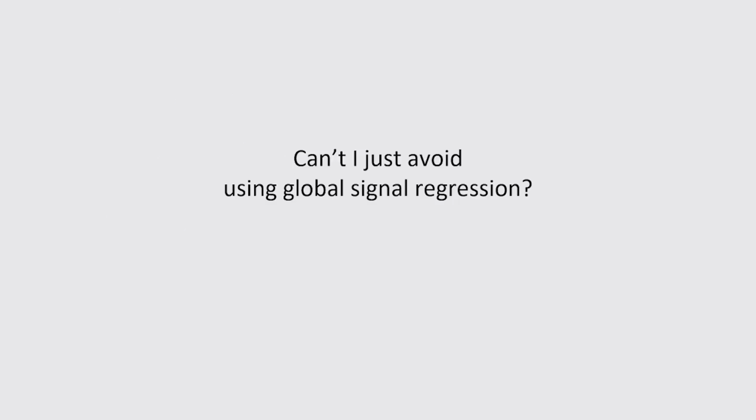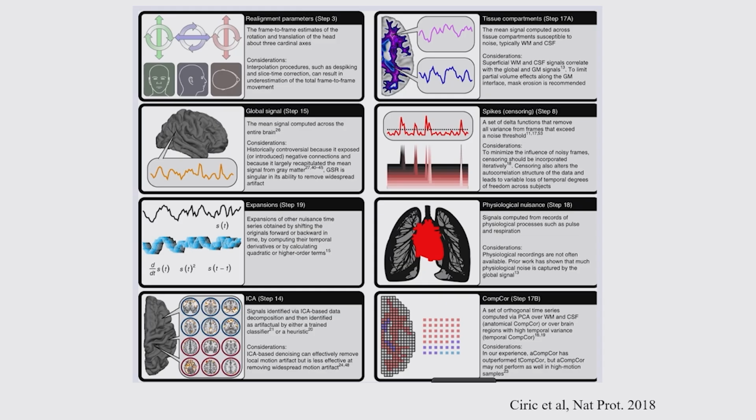Okay, so now that we know there's some controversy about the global signal, then why don't we just not do global signal regression, okay? And so here, this is a nice review paper talking about different methods, and global signal regression is one of them, and historically controversial. Obviously, you could apply ICA and other things, and obviously physiological noise correction or white matter and CSF regression. And also, there's this thing called CompCor, which has been used quite a lot in